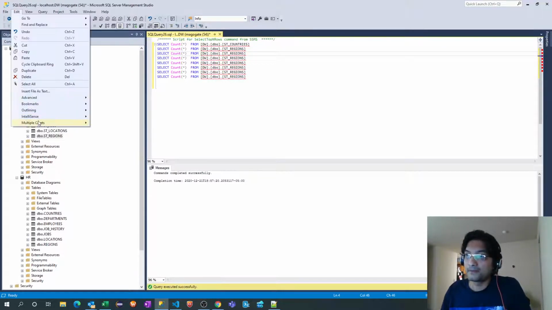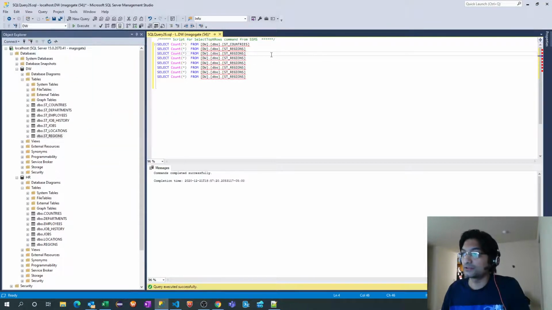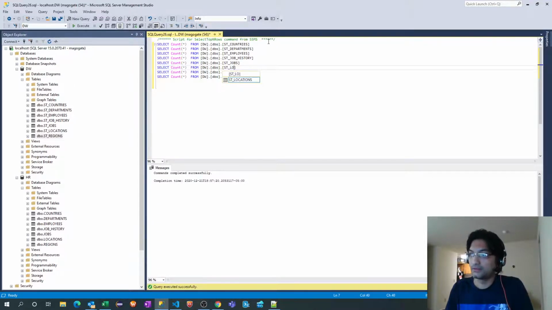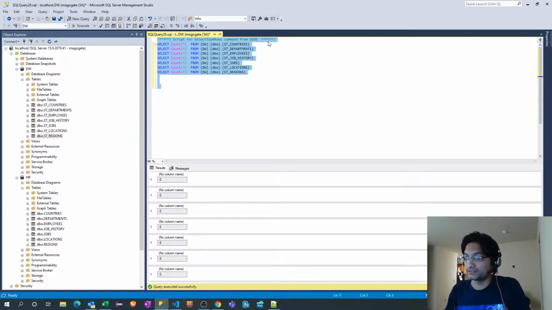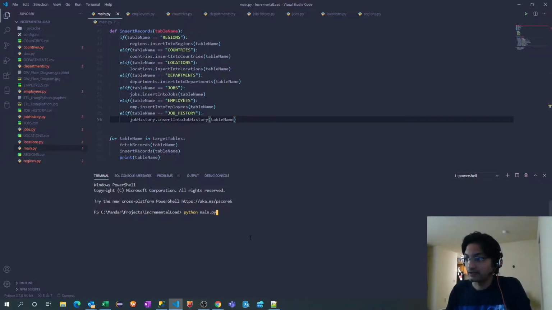Let me do IntelliSense refresh local cache. Okay, the next table was departments. After that, employees, job_history, jobs, locations, and the final table was regions. So if I run select star from all these tables, there will not be any records. Everything is zero. So let's go back and execute main.py.